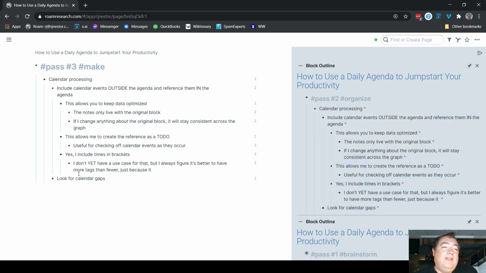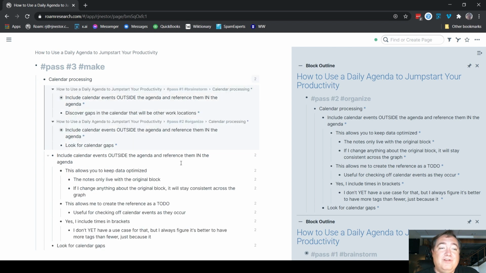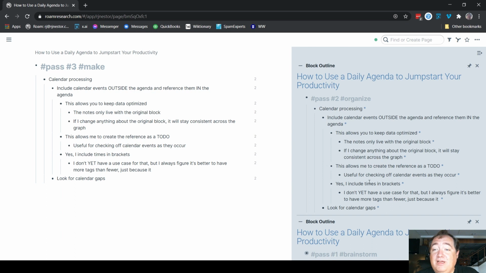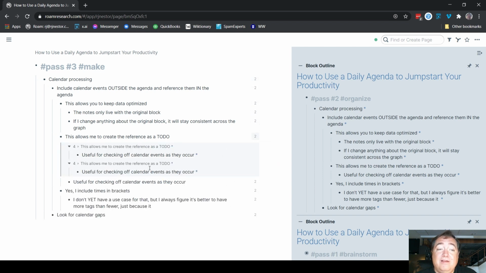Now, this stuff here has both the references to where it was in the two previous drafts. This over here in the second pass now only refers back to the third pass, but that's okay because I still have my references that show me both things. It shows me the whole journey back to where I was in the original concept in the brainstorming, and also into the